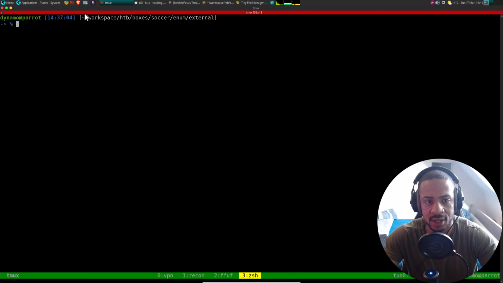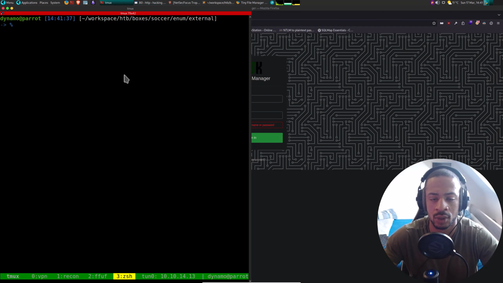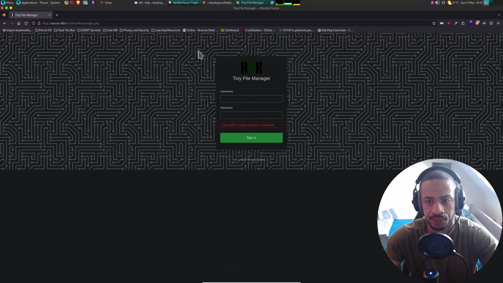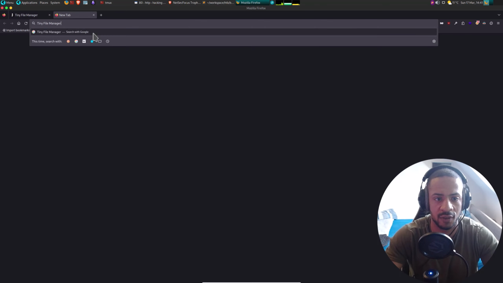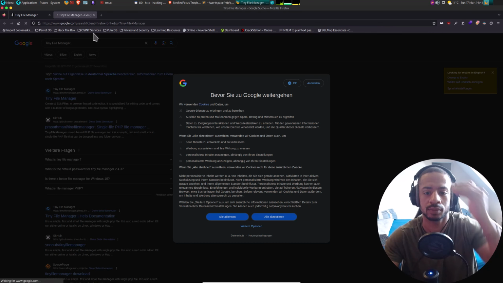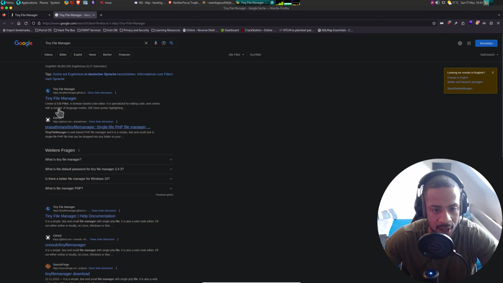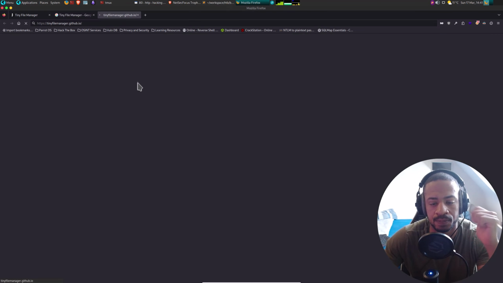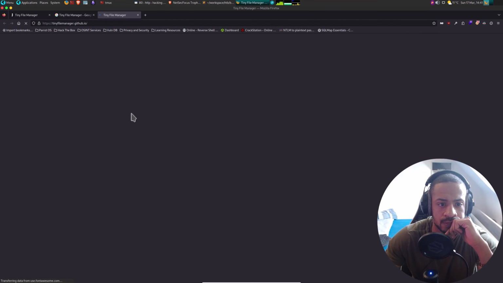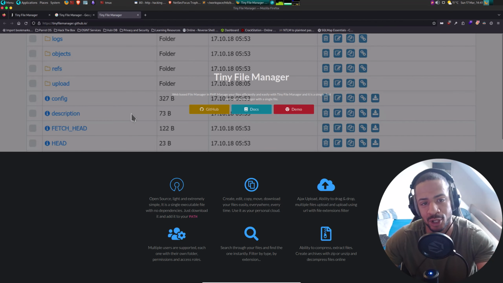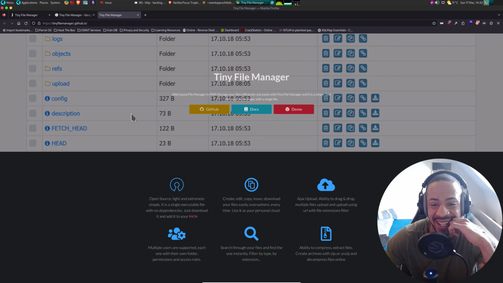All right, and let's just go to Google and see what this is. Tiny File Manager. Let's go here. By the way, I'm not German. I speak it though, but I'm not German.